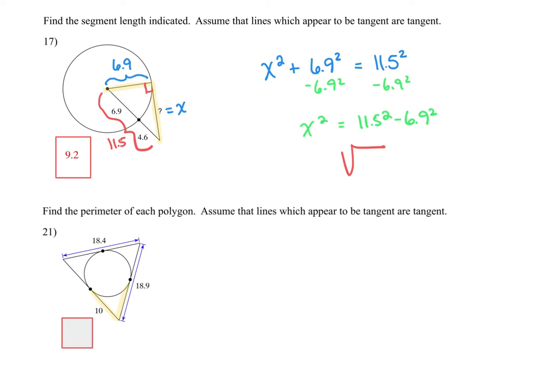And so we know that this piece right here, this small piece, is going to be 10, which leaves 8.9 right here. Now, if we know that piece is 8.9, then we know that this piece is 8.9. And so we know here is 8.9, and we're going to subtract that